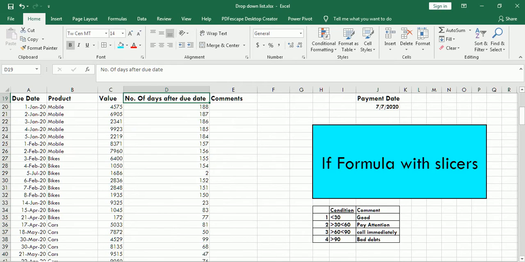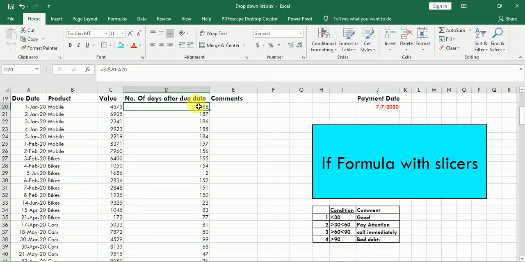See, this time it has counted correctly, and the formula bar is showing J20 with dollar signs, minus the other date. Now J20 is common for each and every one. That means this date is common and we are subtracting this date from each. So this is the example of absolute cell referencing. We have locked this cell.